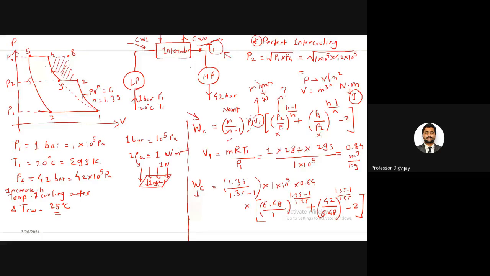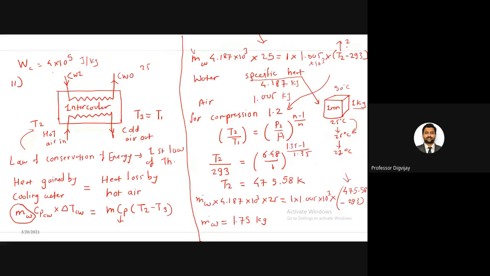So the first step is always to draw that indicator diagram. The indicator diagram will give you insights on how to calculate or how to proceed. Then this was the given data here. So we started with calculating the WC, that is the work required in the compressor. Here V1 was unknown. That V1 we calculated from the ideal gas law equation. Then we calculated the work required. So work required was 4.5 joule per kg.